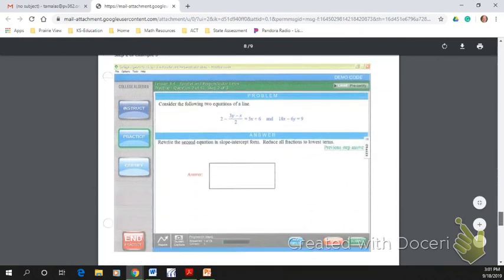All right, step 2, they want you to take the second line, and I really don't like that they ask you to do this because to me, it's in standard form, and you guys know how to find slope in standard form. You could just find the slope and then compare the slopes, right? But they ask you specifically to put it in slope-intercept, so we'll have to do that so that you do not miss the problem. So to get the y by itself, I would move the 18x over,